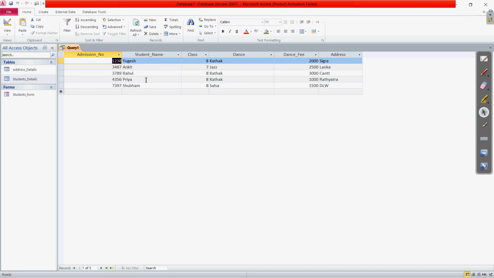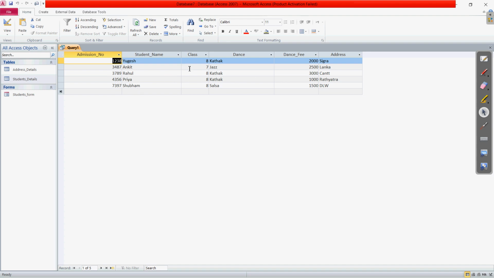So for the fields you have selected, we have selected two tables, and address was not in the first table, so only the records whose admission number is also present in the second table are being displayed to us.